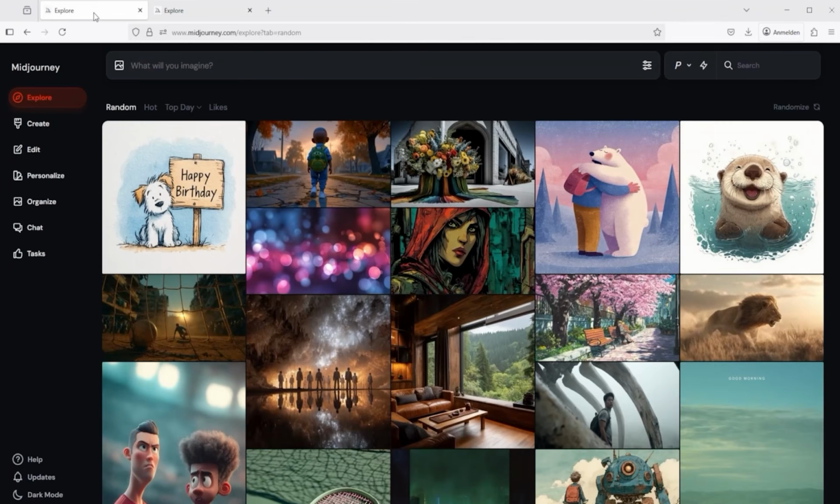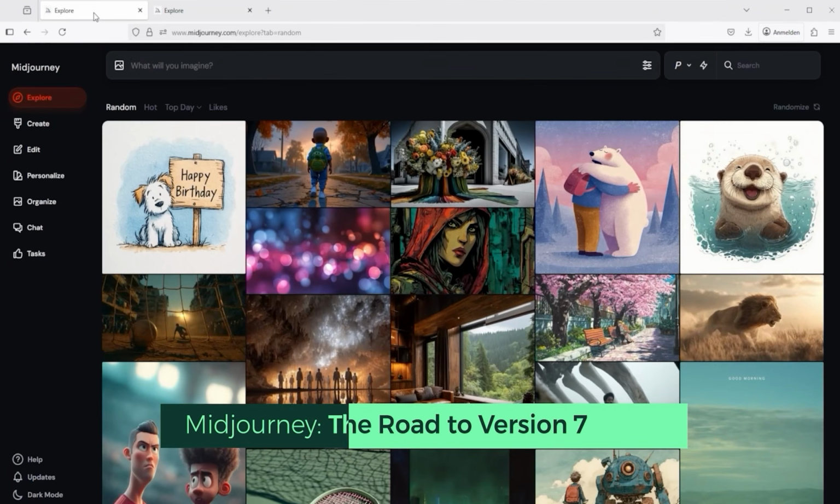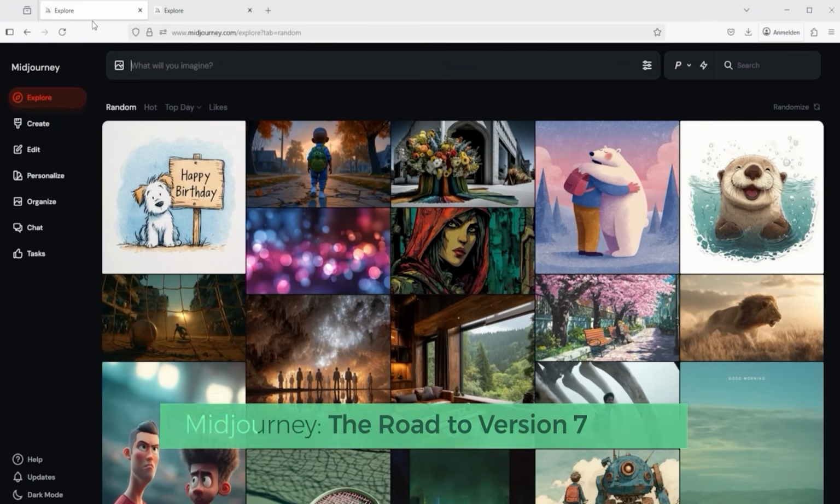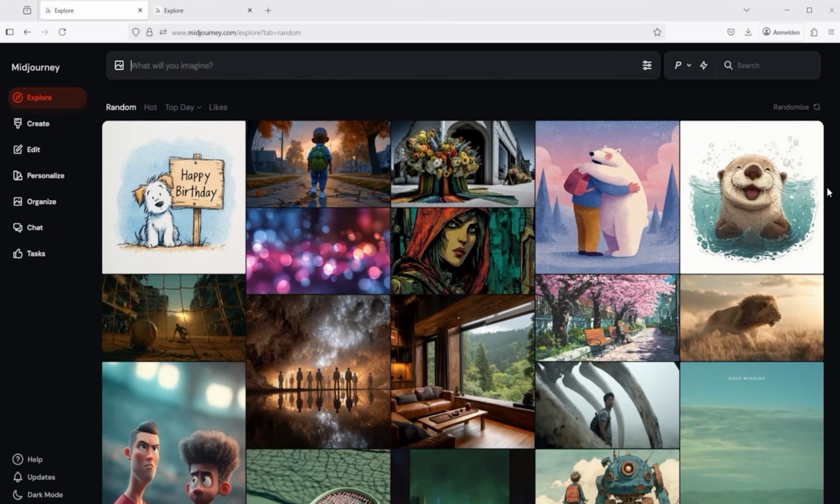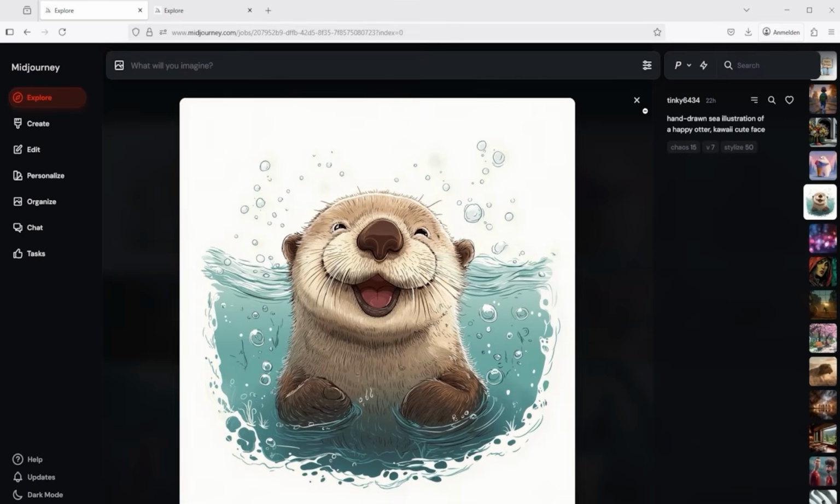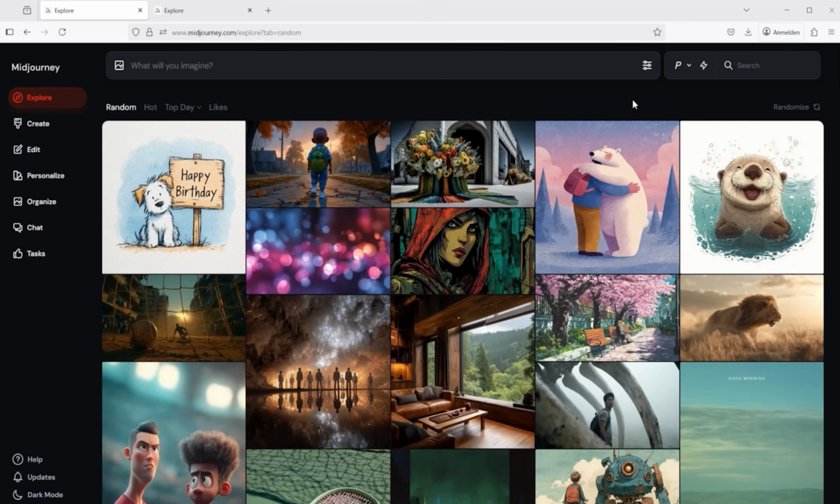I recently discovered an image that I had created using version 1 of Midjourney. I must admit that it made me laugh quite heartily, just like this otter here. The quality of the images in version 1 was, let me put it this way, still relatively modest. And so the idea was born to take a short trip back in time to show how Midjourney has developed